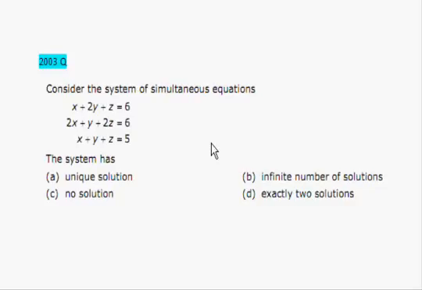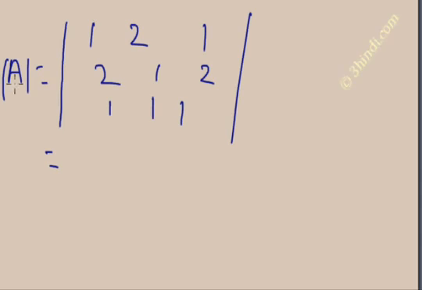This is the second 2003 question. You are required to find out the consistency of these equations. The process is the same. You make the two matrices: A, the coefficients of this, and K, the coefficients including this column, and find out the rank of A and K. So the determinant of A is this. If you perform